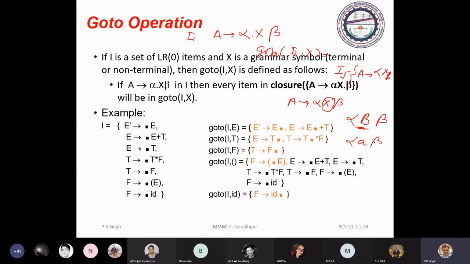Alpha a beta, it is a terminal symbol. So you must keep in mind this is the convention of writing the grammar. Otherwise, you have to specify that this symbol is terminal, this symbol is non-terminal, and that is not a good practice.